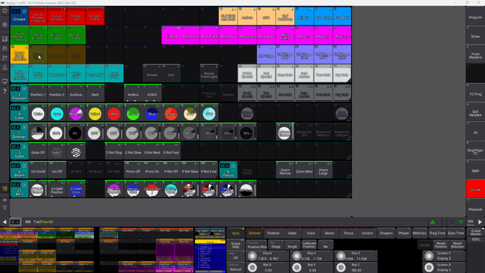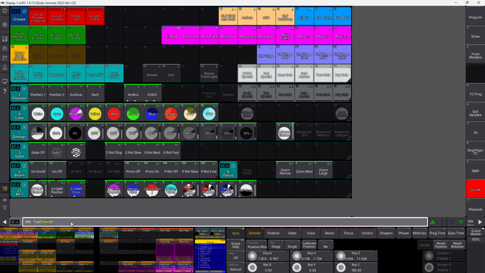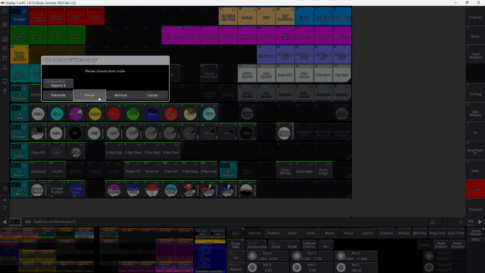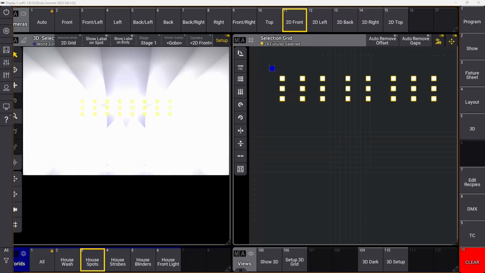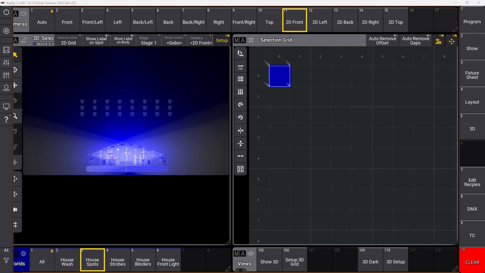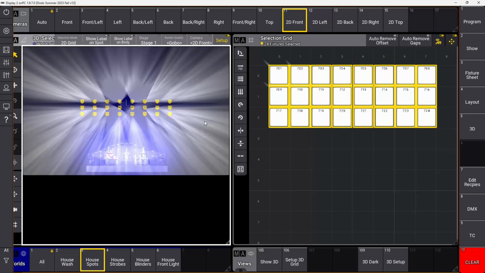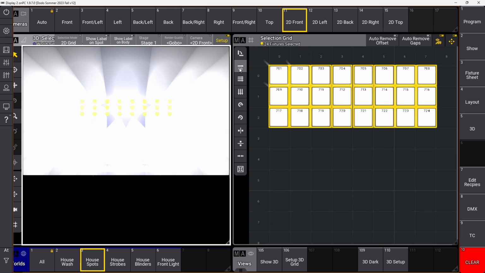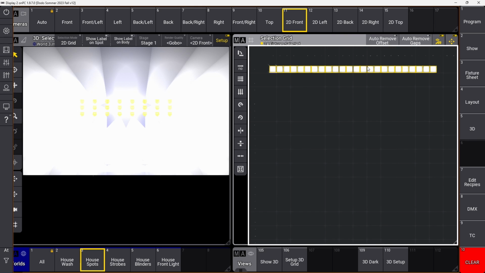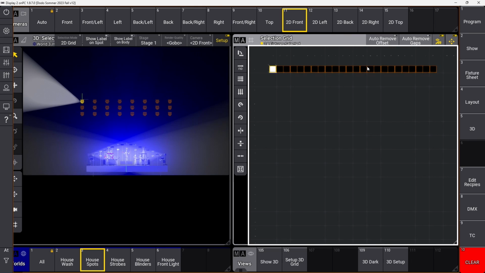So now we have our house spots here, the group is empty, so the only thing I want to do now is store this into the spots, and now everything is ready to go here. So now I need to do my odds and evens. So what I can do again is just select it here. I can use this one to linearize it, and I can simply just on my console tab through